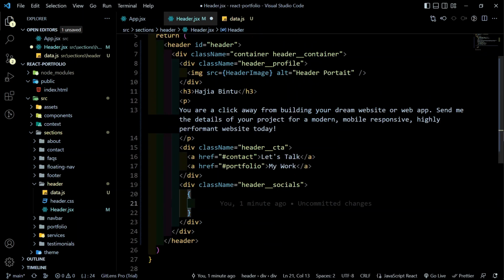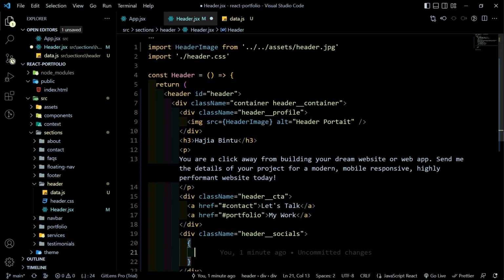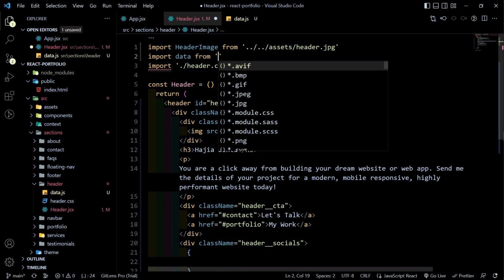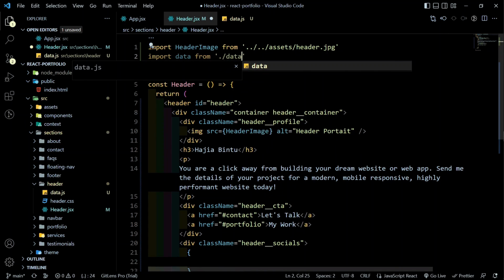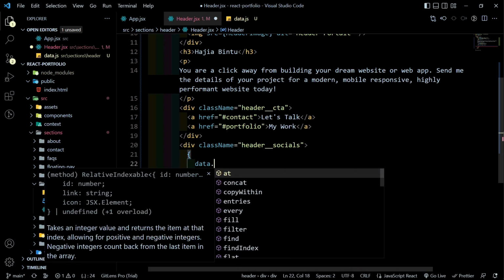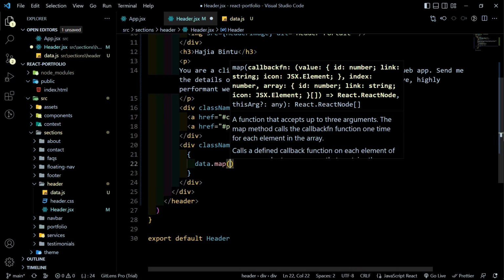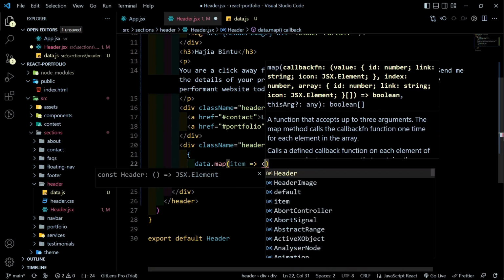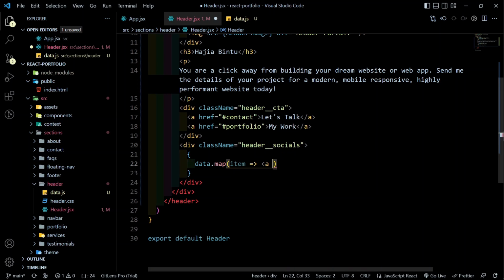Now let's go back and let's import that data. That data array. We're going to import data from data. It's in the same folder. And now data.map, we are going to map through. I'm just going to call this item, and we want a link or an anchor tag. Let's give it a key